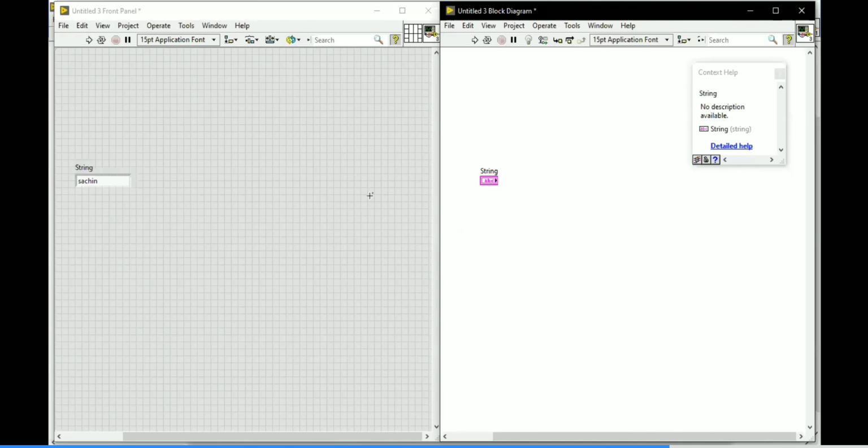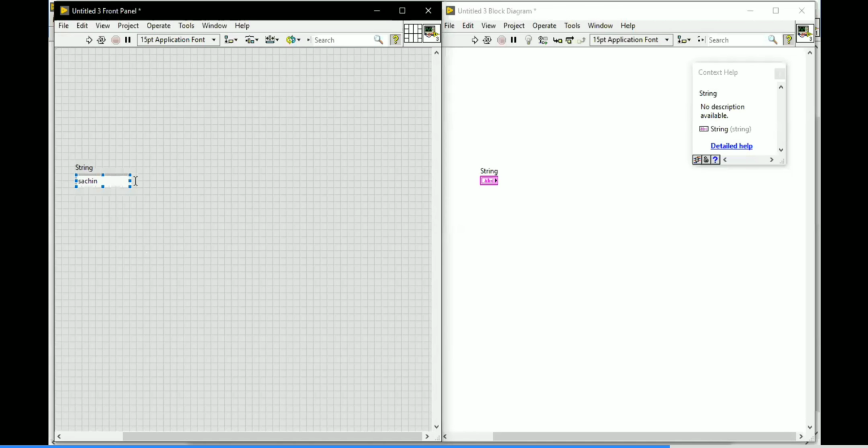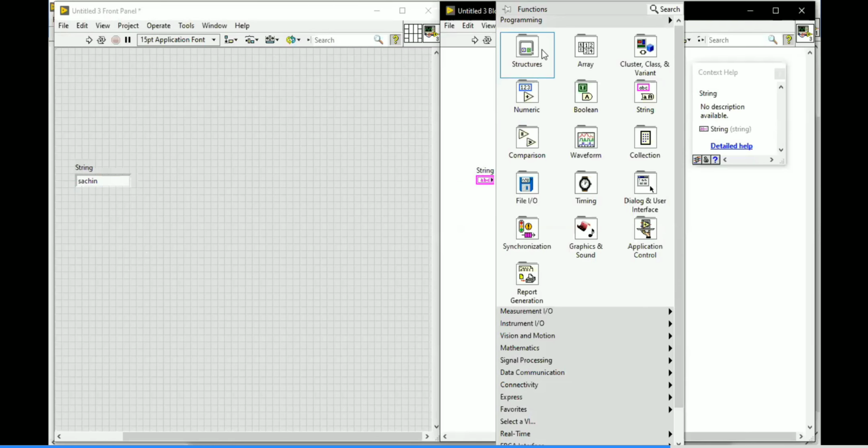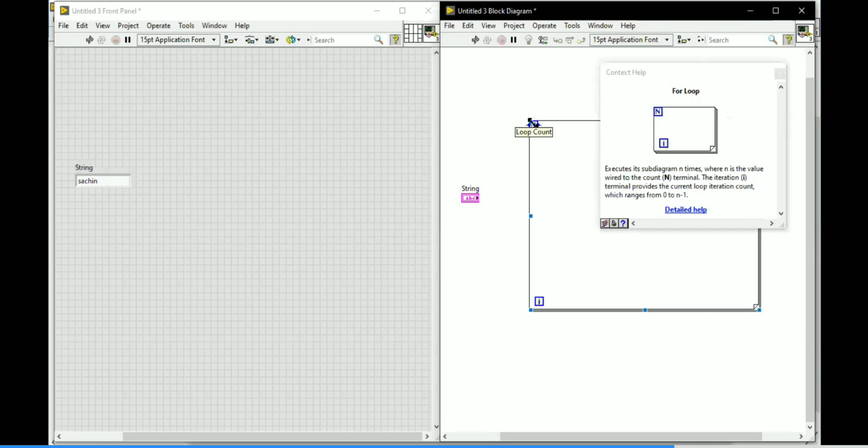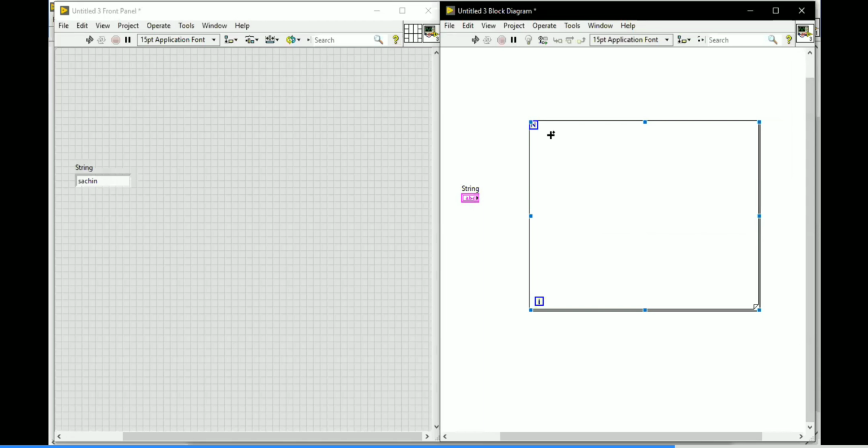Now I am doing the problem after this. I'm going to take a loop. Definitely I need a loop here, because some characters will be available and we are going to compare each and every character to check whether it is a vowel or not. If the character is a vowel, we are going to count it and find how many vowel characters are available. So for that I'm going to take the string here. What is the n value you will provide?